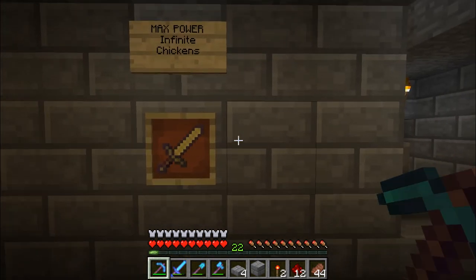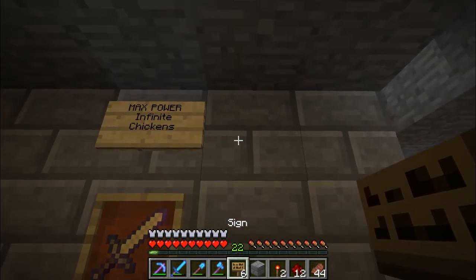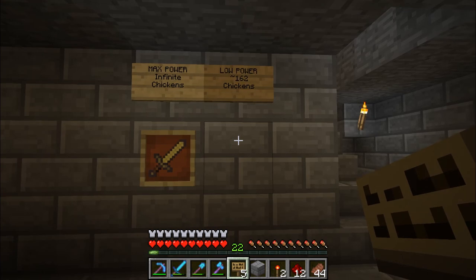So right now it's on infinite power. We'll put it on low power here, and so at low power it still has 8 blocks of redstone to go through before it can even reach the comparator. So the lowest setting will turn off the comparator when the signal strength reaches 9, which is estimated to be about 81 chickens. And so since we have 2 holding areas, it's going to be about 162 chickens for the lowest